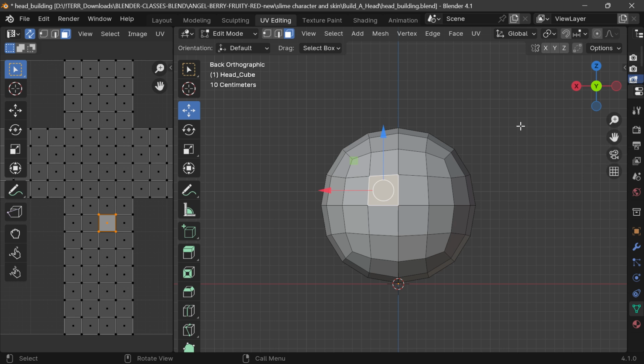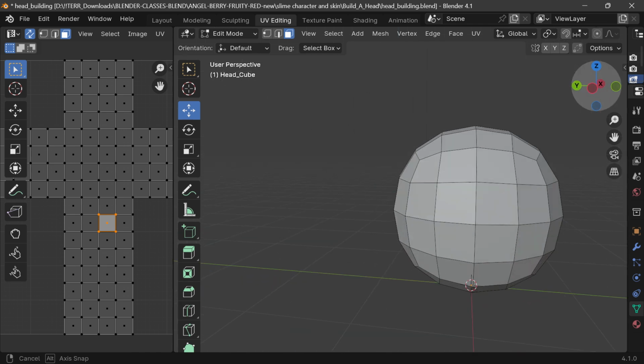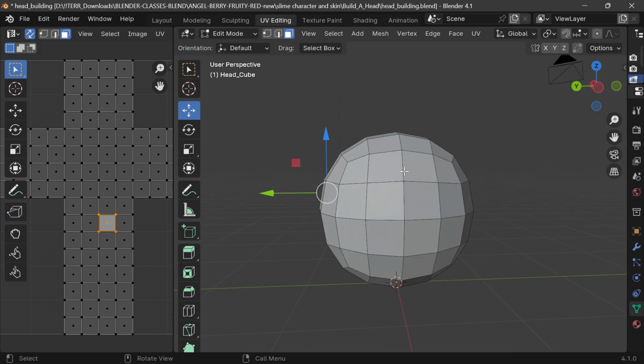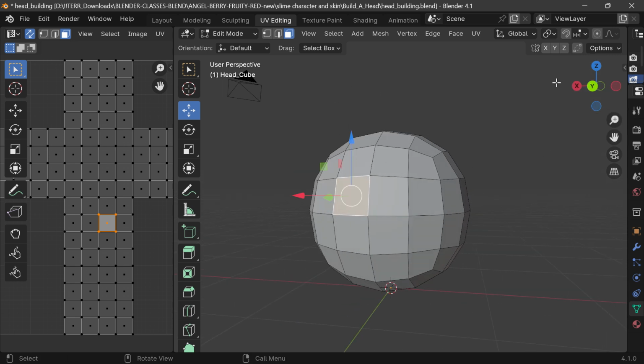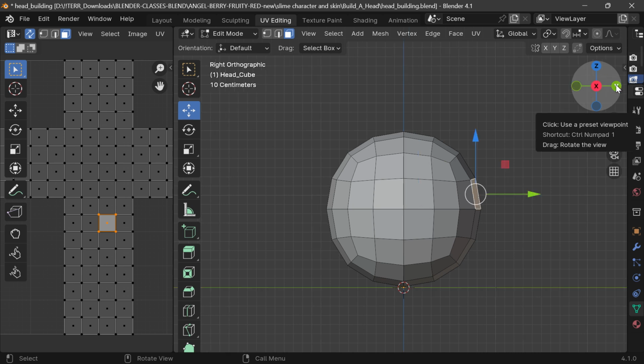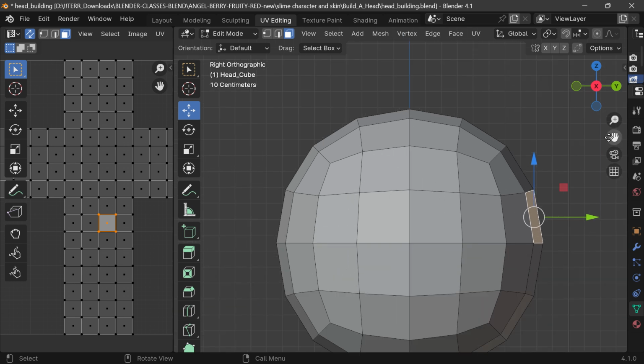And the first thing that I want to do is go ahead and make a selection and make a seam. Before we even start modeling, make a seam. And I just turned, see, we're in the front view. Okay, so if we click the X up here, we're going to be in the right orthographic view. So to select this,